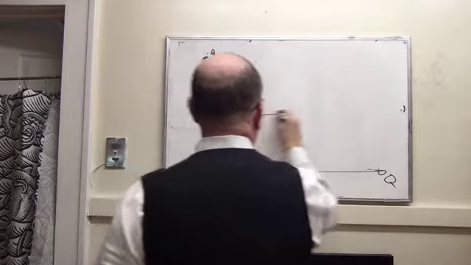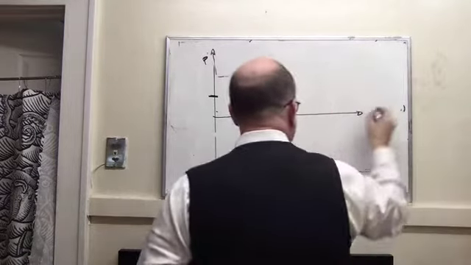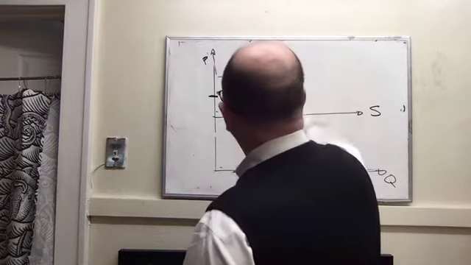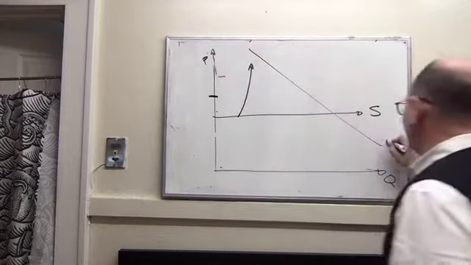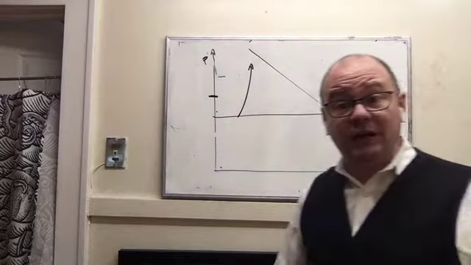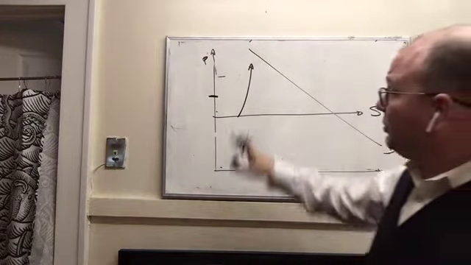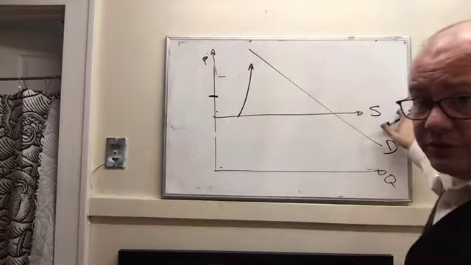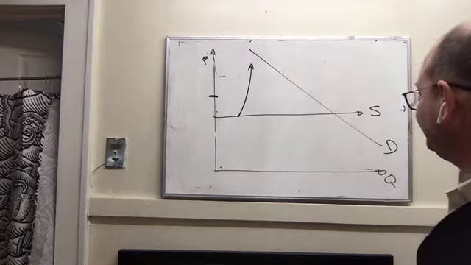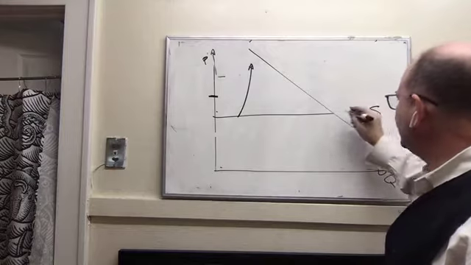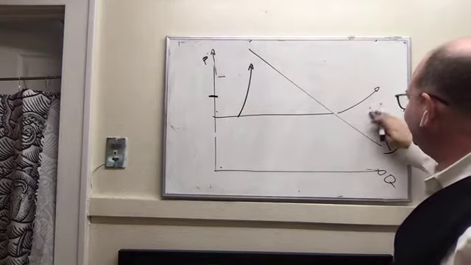Let's go back to the situation where we have an aggregate supply schedule like this, individual supply schedule like this, and a demand function like this. So we have zero economic profit. We have an upward sloping individual supply schedule, but a horizontal aggregate supply schedule. I probably shouldn't cheat here. We'll do that.